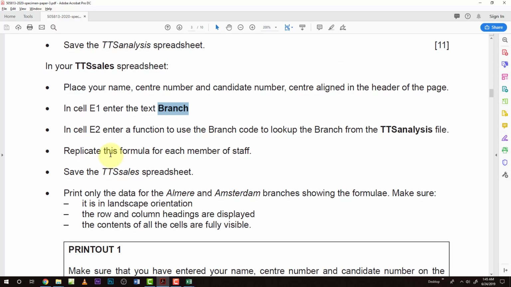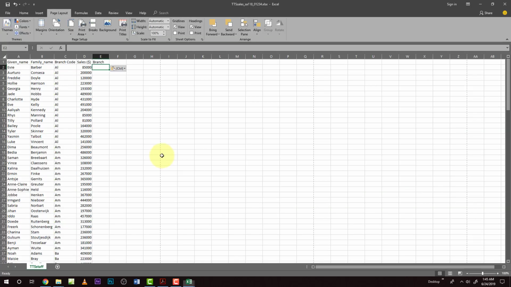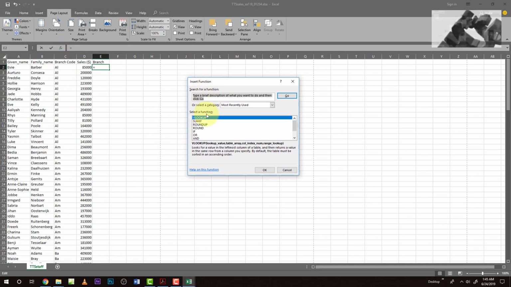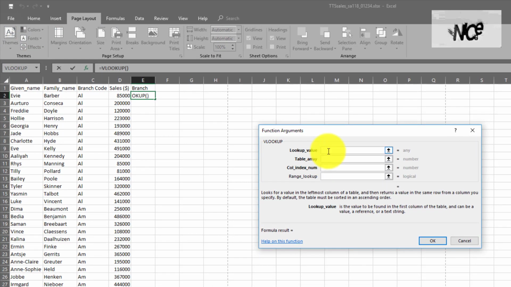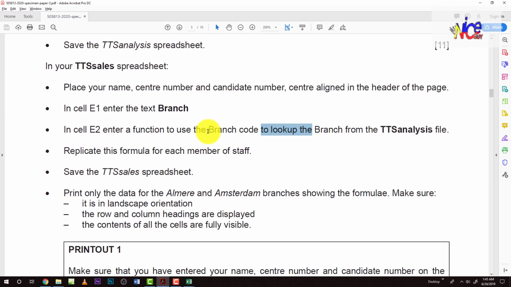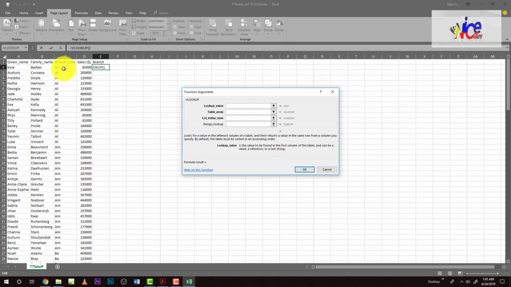If you look at the question, it says look up. Ideally you would use lookup, but VLOOKUP is the most appropriate thing to use. For the lookup value, the question says to use the branch code, so click this branch code as the lookup value. The table array is where we have to use the